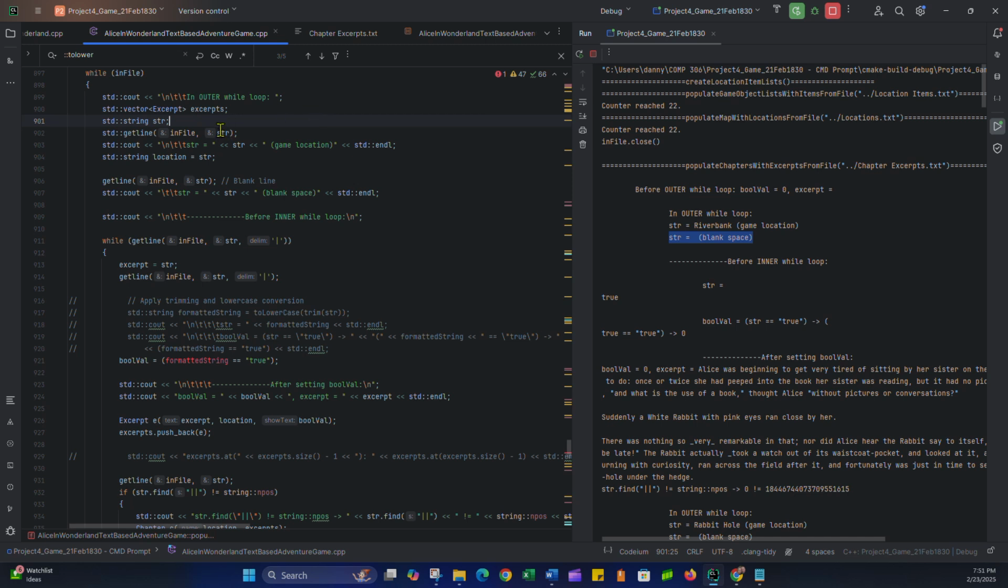So where am I? Once we get in the outer loop, we create a couple of variables: a vector of type excerpt called excerpts, and a local string variable. Then I use the getline function to continually read in the string from the file. Whatever entire line I read in, I throw into this local variable. So the first time I print it out, it's going to be whatever the game location is, so Riverbank the first time. And then when I read it again,